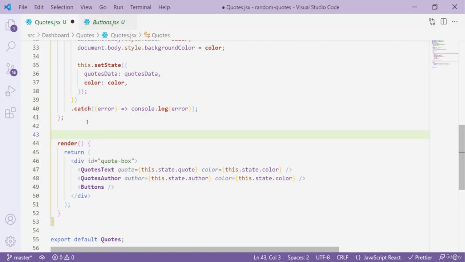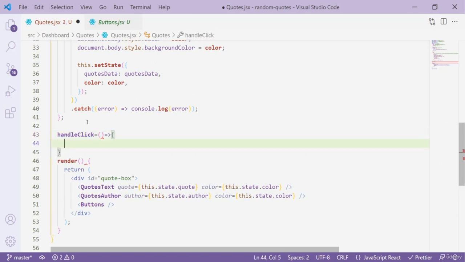handle click, and this is again going to be an arrow function. Now this is going to have a let keyword, and this will have a let of random index. Now this random index is going to be equal to Math.floor. Again, guess what, this is generating a random value,